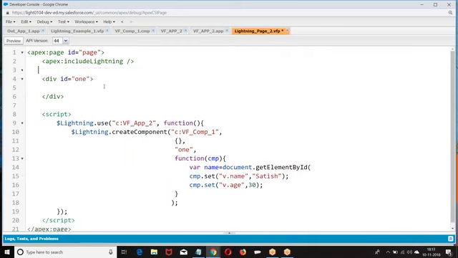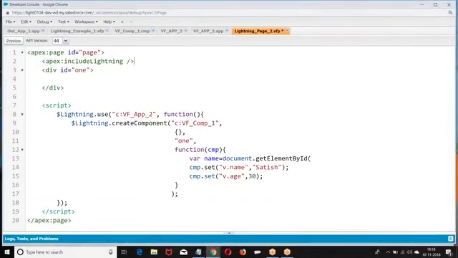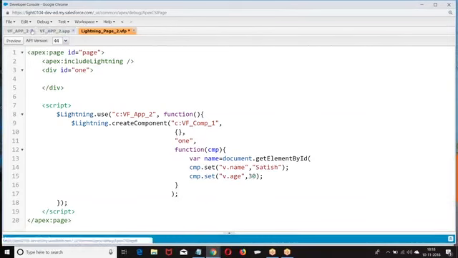We are calling the component. Once the component is created, whatever action you want to perform, I can define here. If you look at this, the page is a VF page, but the look and feel is like Lightning. I'll create one more example to understand this functionality. I'll make it a bit complex now. We got the basic structure, and now I'll make it a bit more complex.